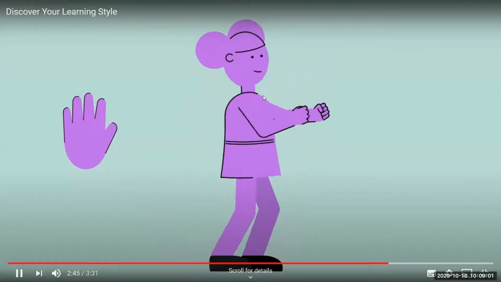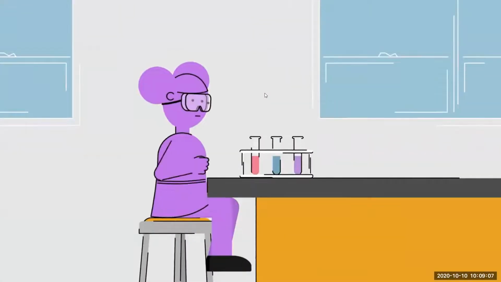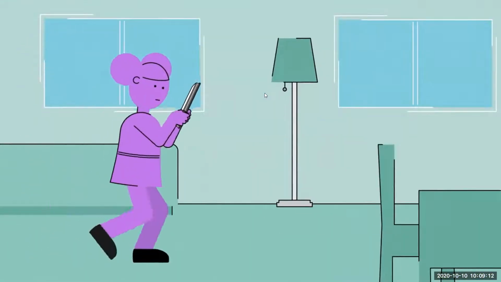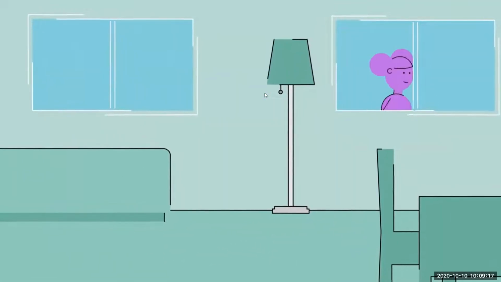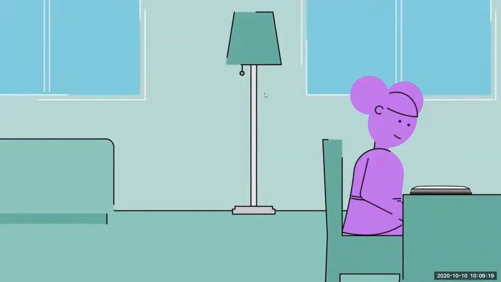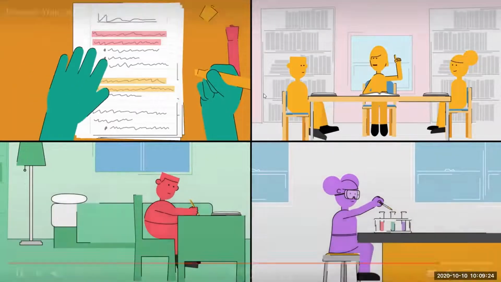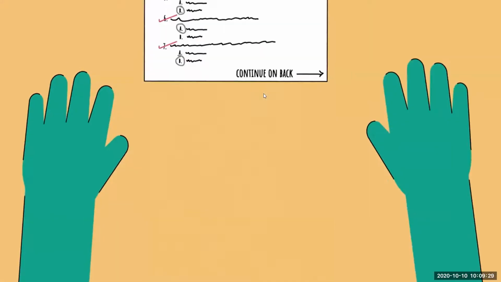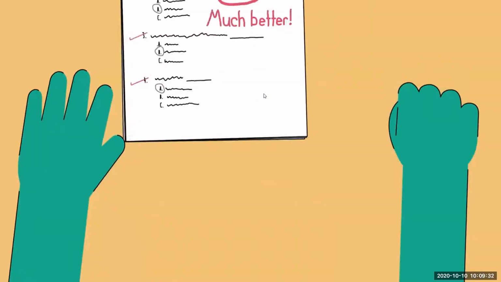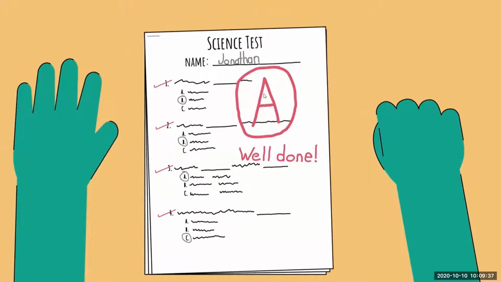Raya is a kinesthetic learner. She's got a lot of energy and likes doing things. Labs and hands-on activities help her to understand certain ideas and topics. Sometimes she'll review her material while she's walking around. She also likes to take breaks in order to release some of her energy, allowing her to focus when she returns to studying. All 4 of these students are studying the same material, but they're doing so in different ways. Now, this doesn't guarantee that they'll all get the same grades, but by determining their learning style and finding study methods that work for them, they just might find themselves getting better results.